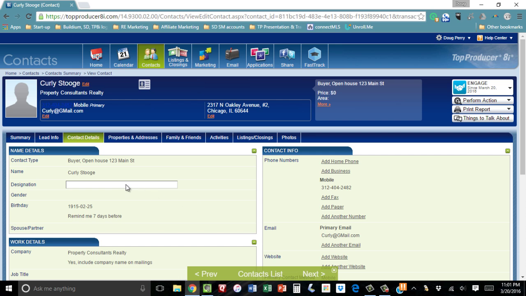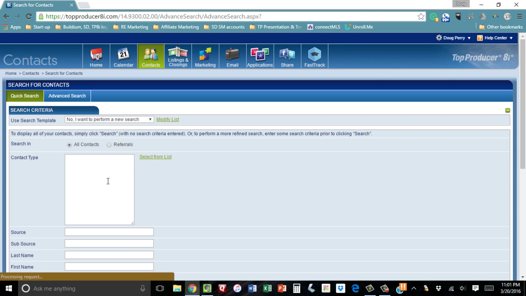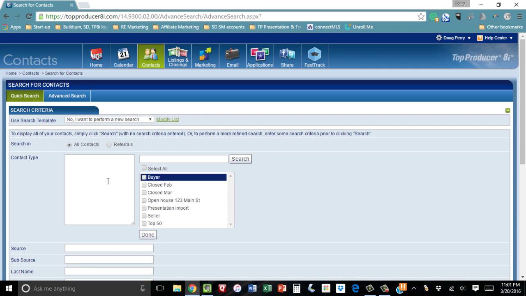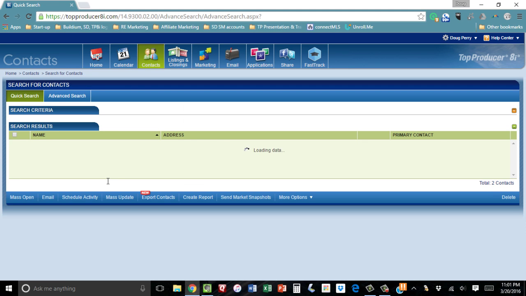Okay, so now what we want to do is perform a search. So you're going to hover over contacts, then search for contacts. You could either type in the contact type or select it from the list. We're going to click done,